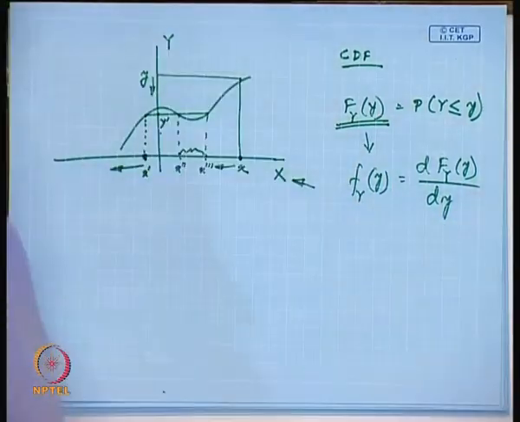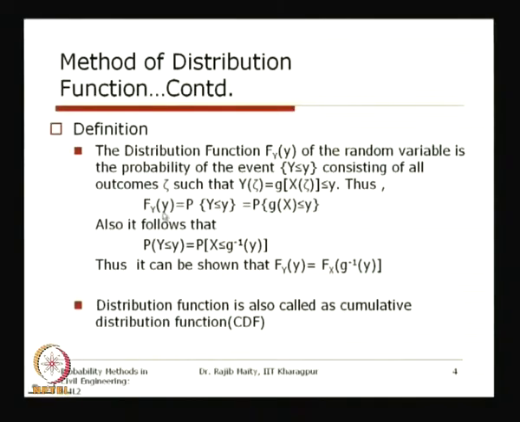So, if I now want to know F_Y, which equals the probability of Y less than or equal to the specific value y, I relate it to the functional dependence between X and Y, that is Y equals g(X). So, I am replacing that: g(X) should be less than or equal to y. I have to find some domain in X which corresponds to the random variable Y being less than or equal to the specific value y. So, it follows that the probability of Y less than or equal to y equals the probability of X less than or equal to g inverse of y,